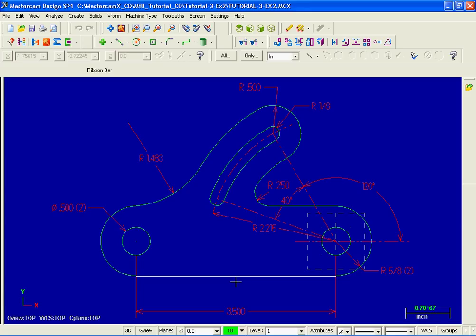Now we also have a couple of lines to create. This horizontal line at the bottom is tangent to this arc, and it's tangent to this arc on the right hand side. And just above we have our last horizontal line that's tangent to this arc. So without any further ado, let's move up to the top left hand corner